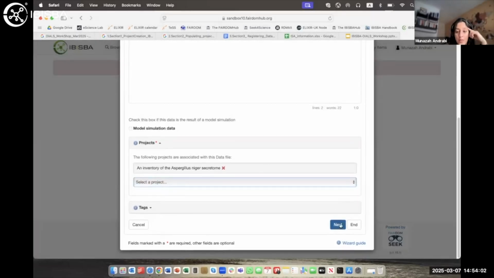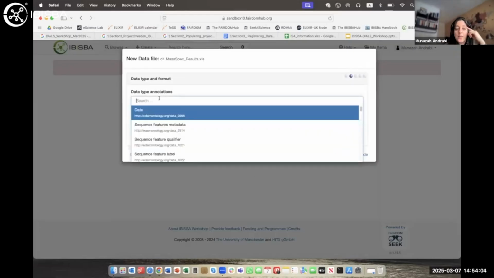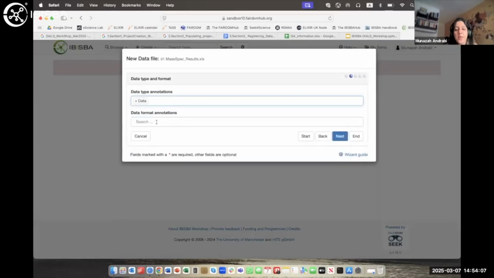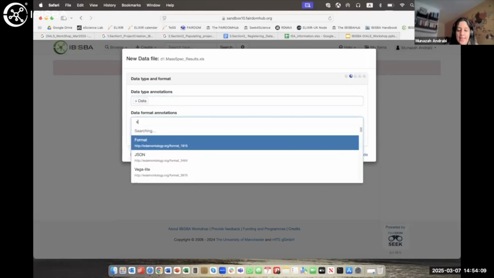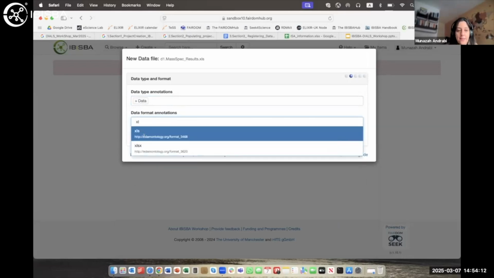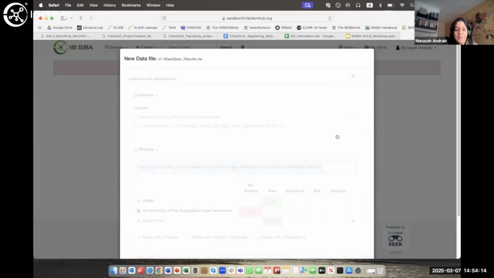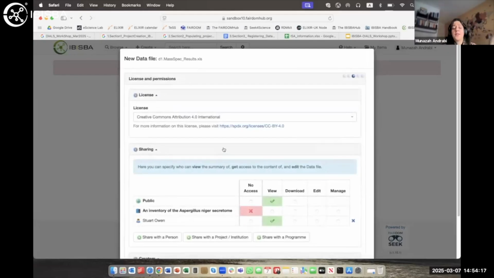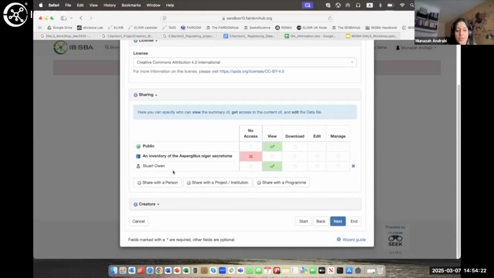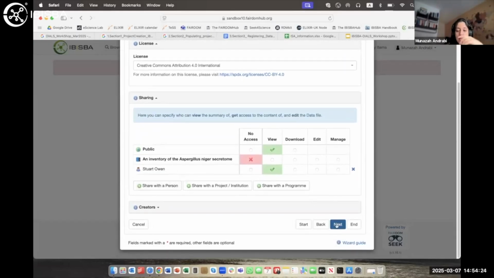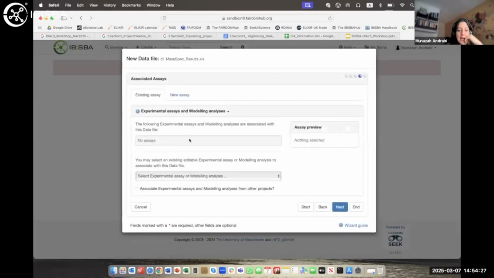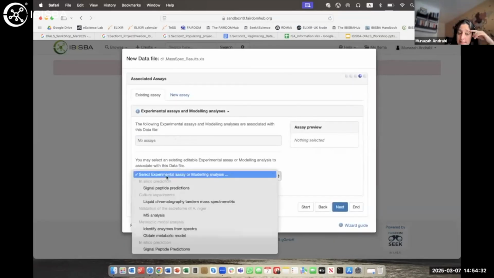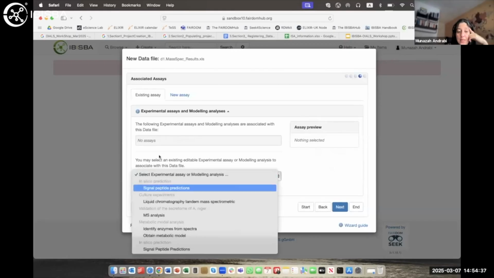And then we can go to the next, and you can type annotations. For example, the data format. Let's say it's an Excel file, and we add that. And then again, you have the right to choose licenses, what kind of sharing permissions you want. Do you want to add more creators? And then you hit next. Again, it will ask us if you want to associate it with any assays. We are going to associate it with